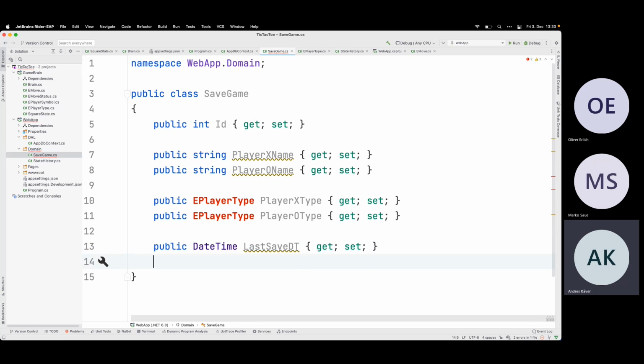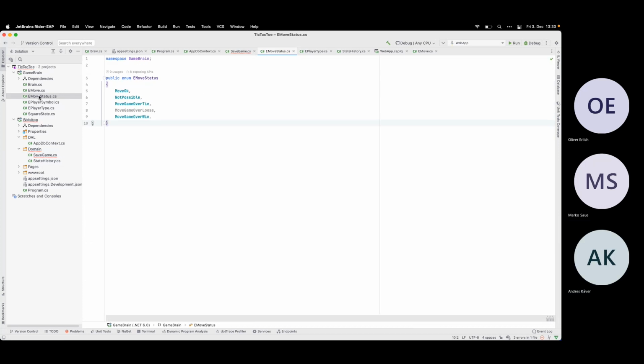And then I need some kind of status. Yep, we can just save the status here, which is this. Basically, it can be a copy of this EMoveStatus.